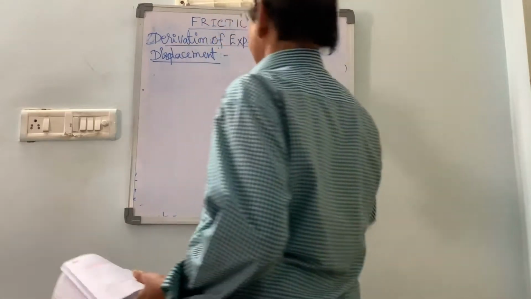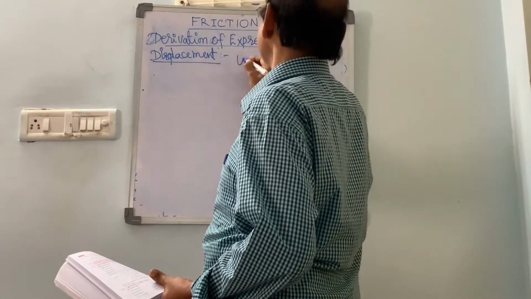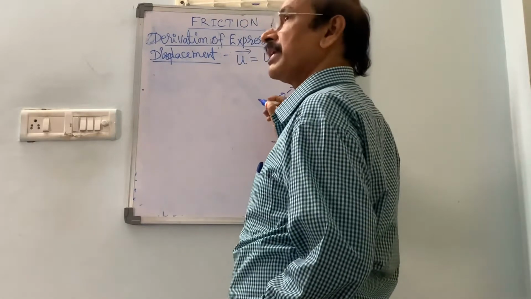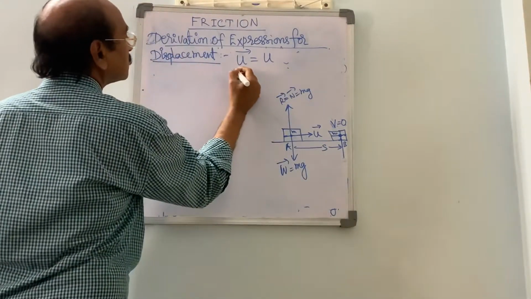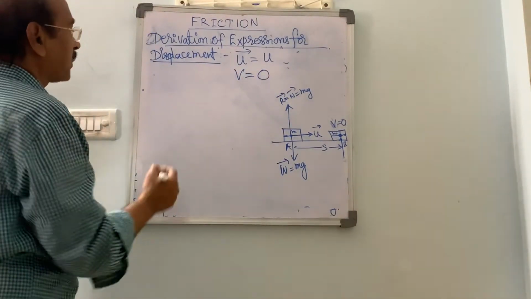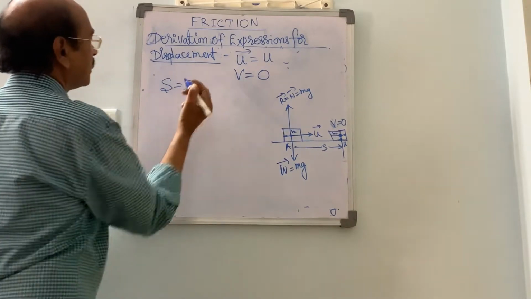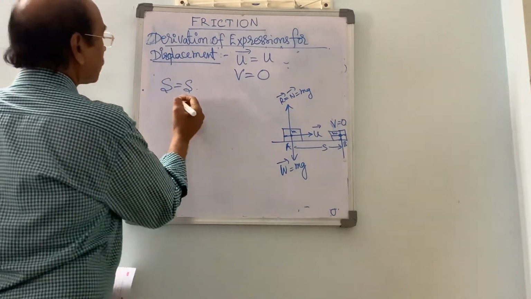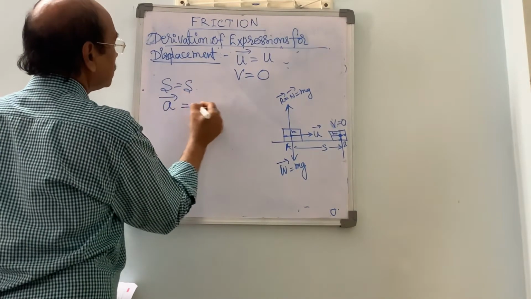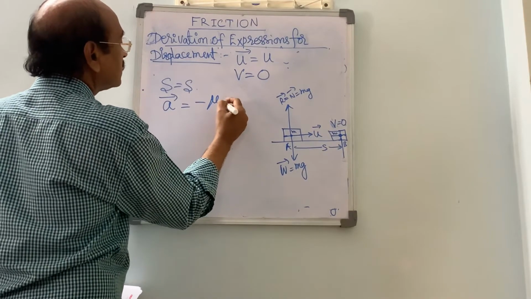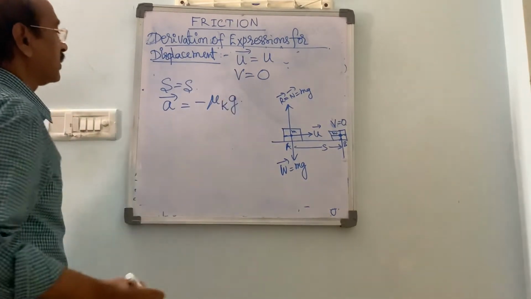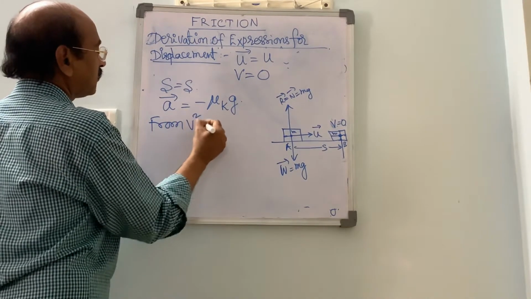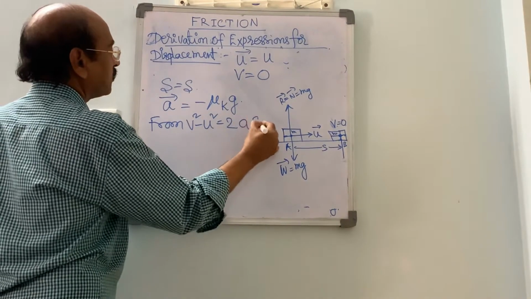From the figure, the initial velocity is u, and the final velocity is 0. The distance traveled, let it be s. The acceleration produced in the body, as we already derived in the previous expression, is minus mu k g. So from the equation v square minus u square equal to 2as,